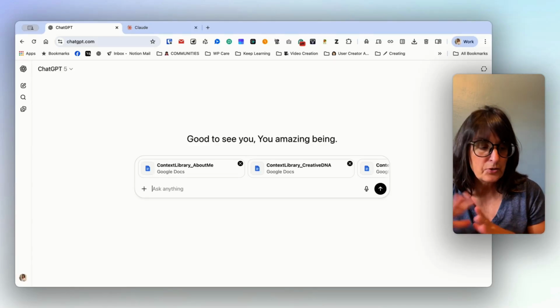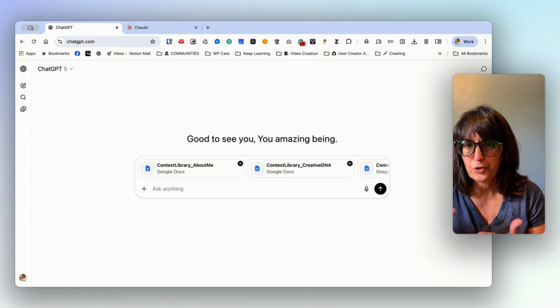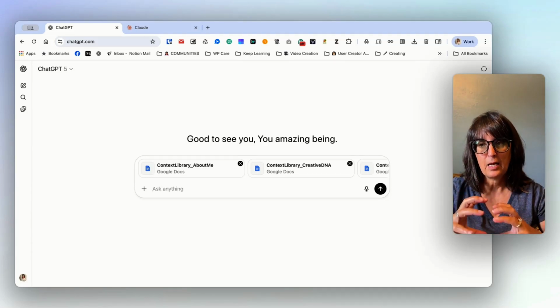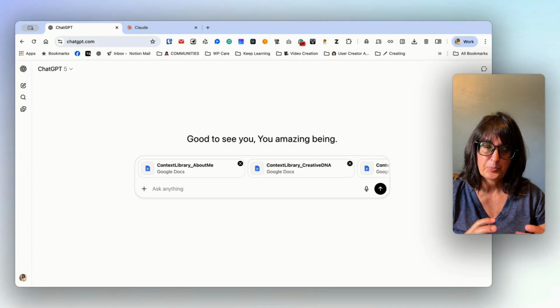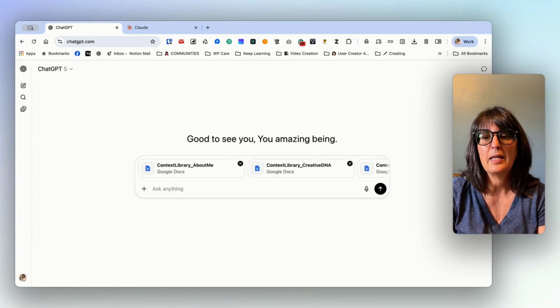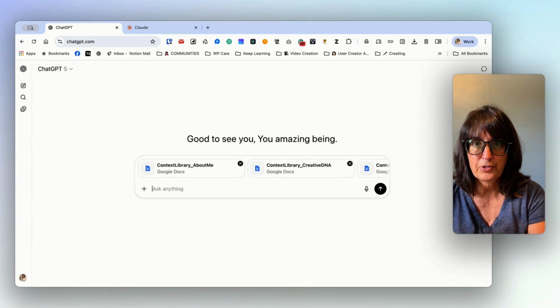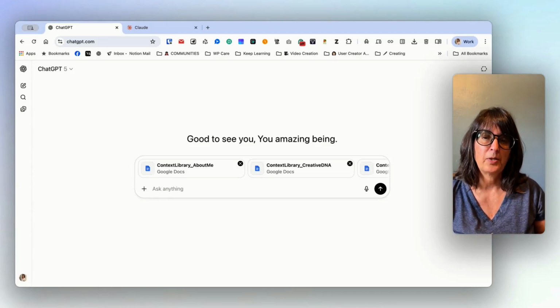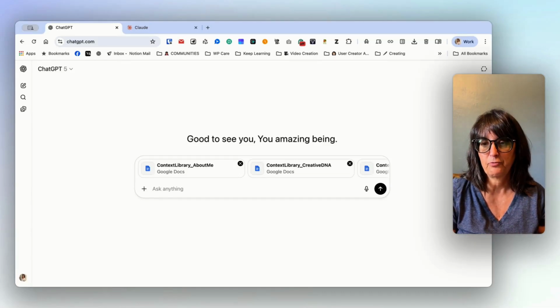Now, it does not update or rewrite files for you. Basically, it's taking a snapshot of what you have at this particular moment in time and adding it to the conversation so it can be used. Whether it's a conversation or a project, you can add them to projects as a reference point.